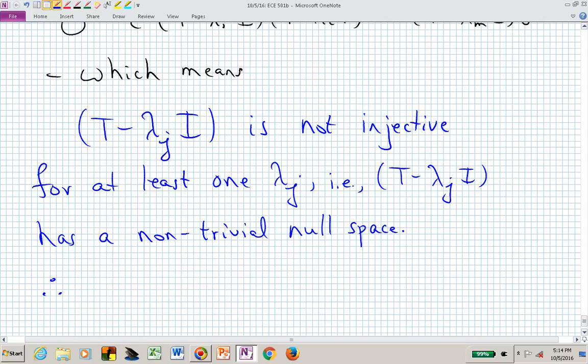So now we found that T, this linear operator, if this expression for lambda sub j has a non-trivial null space, that lambda sub j must be an eigenvalue. And that's what we set out to show: that given any linear operator on a finite dimensional complex vector space, that linear operator has an eigenvalue. Therefore, T has at least